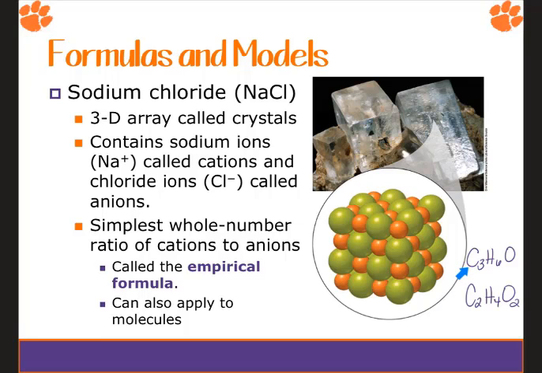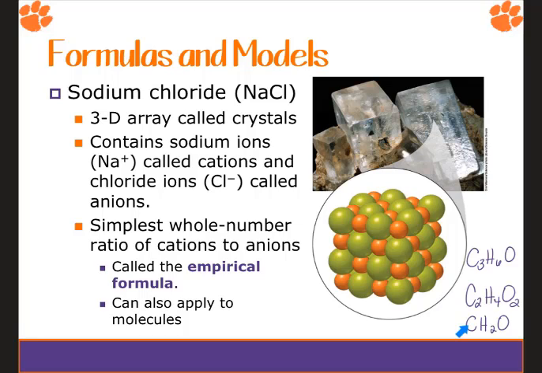So here we have acetone, so we have C3H6O. If you were to reduce this down to its simplest whole number ratio, you're going to divide all of the subscripts by what they have in common. You're still going to get the same formula because you've got a 3, a 6, and a 1. So you divide everybody by 1, you get the same number. If we look at acetic acid, which has the formula of C2H4O2, we can see that if we divide each of these numbers by 2, we can bring this down to our simplest whole number ratio. So it would be